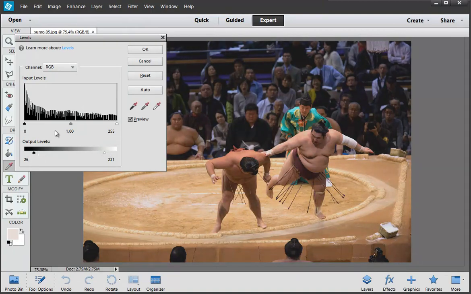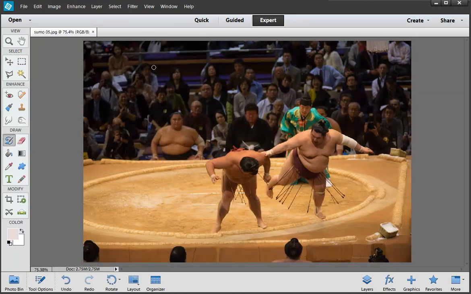Quite handy if you're shooting in very bright sunny conditions. Doesn't really make any difference or any positive difference when we're shooting indoors at a sumo grand national tournament. Okay, let's move on and have a look at another tool which is also appropriate for this, and that is